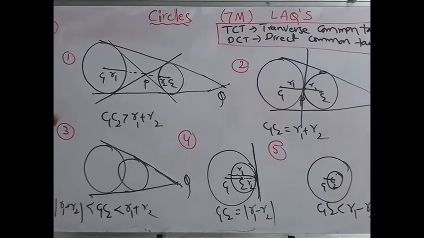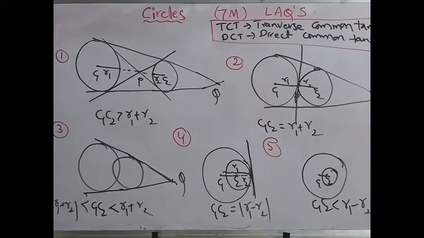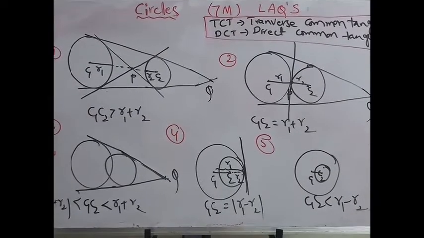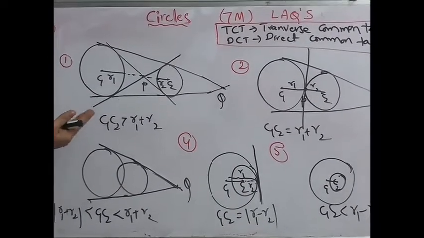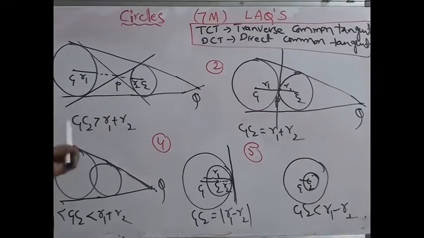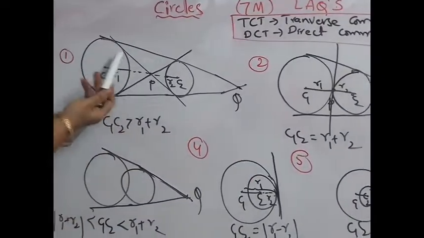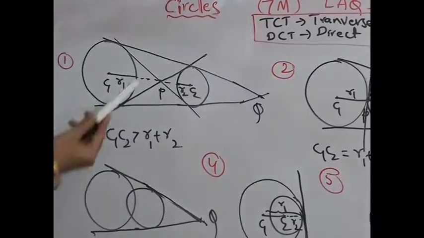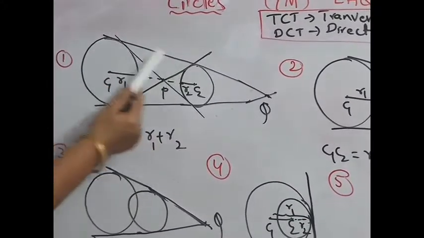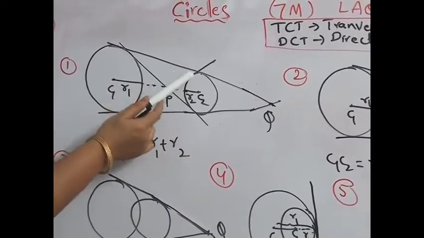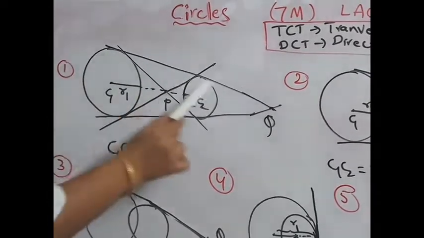Today we are going to discuss more problems on circles. Before going to problems, we have to know some concepts of circles. Let us see what is the relative position of two circles. Take common tangents of two circles. What is meant by common tangent? A tangent which is tangent to both circles is called a common tangent.